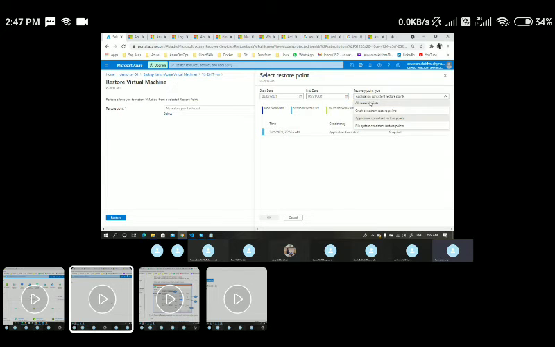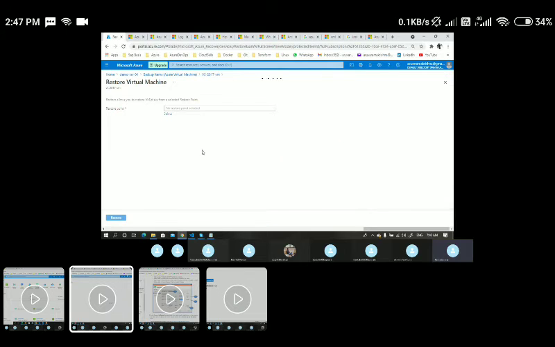So for that reason, I'll go with all restore points, and at this moment I have this one. Let me click on choose and click on OK.